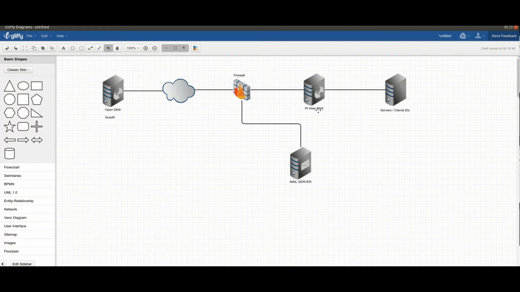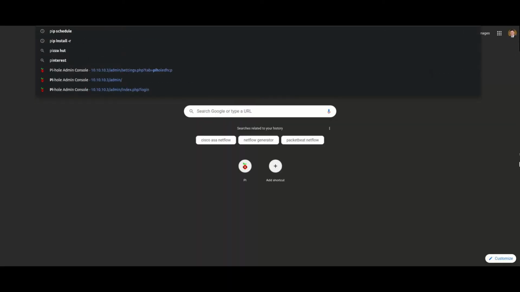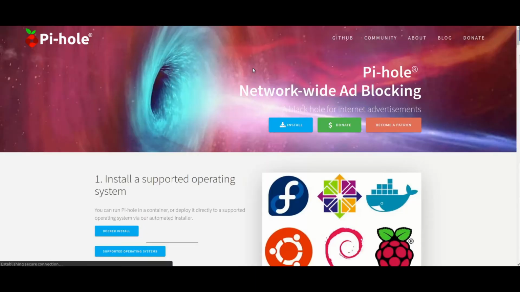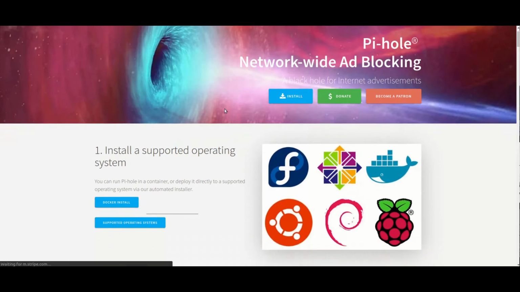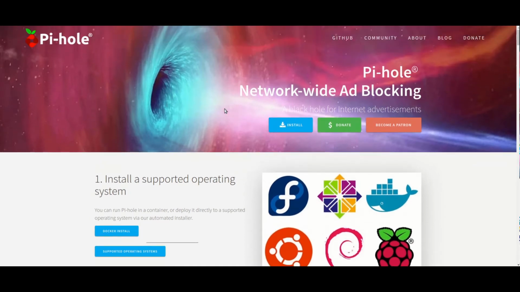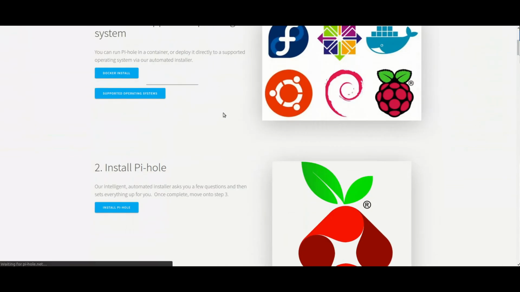We're going to be setting up a Pi-hole DNS, and Pi-hole is a great product. It is a black hole for ad banning, basically. It's used to black hole all kinds of advertisements. It is truly an awesome thing for you to get on the internet with no ads. You can control what you will and will not do.